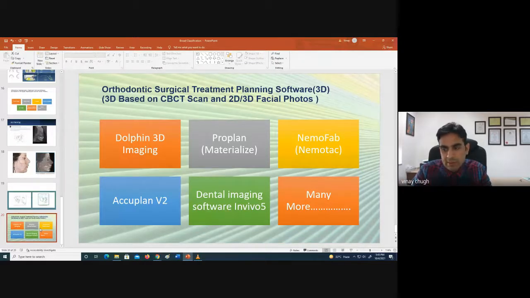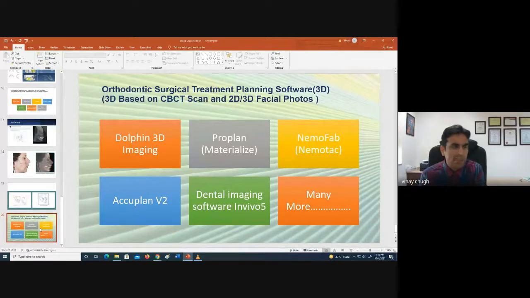So we have just covered the 2D part and then the 3D part. This is all from my side on the 3D surgical planning using the Dolphin software. Because I have a little experience of ProPlan from that workshop, I'm sure it is more accurate and much better than Dolphin in terms of pure surgical planning. Ma'am can throw more light on that. I think we are having a session on ProPlan as well.